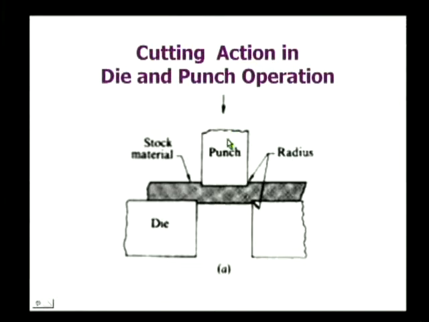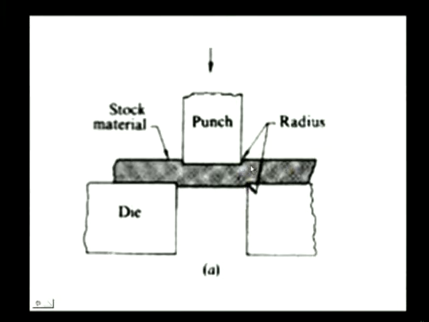So, the pressure is applied by the punch. So, this constitutes the cutting edge. The periphery will act as the cutting edge. Here also the periphery of the cavity will act as the cutting edge. When pressure is applied to the punch, you can observe that this portion is being pierced. You can see the next one very clearly, and as soon as some pressure is exerted by the punch on the stock material, you can see first a small radius or curvature is formed at the sharp edge of the punch as well as at the sharp edge of the die.